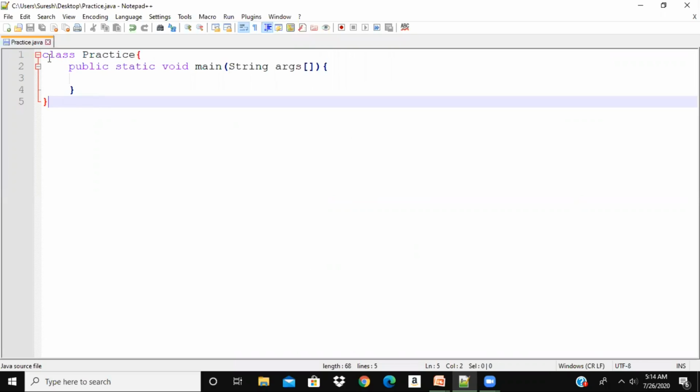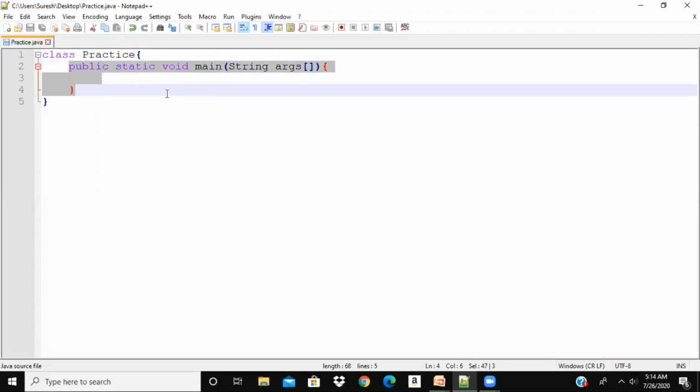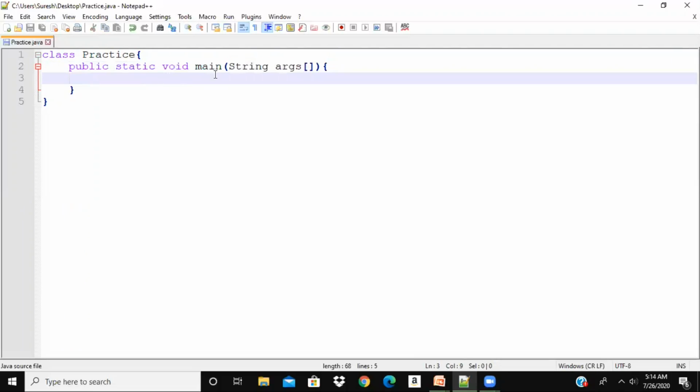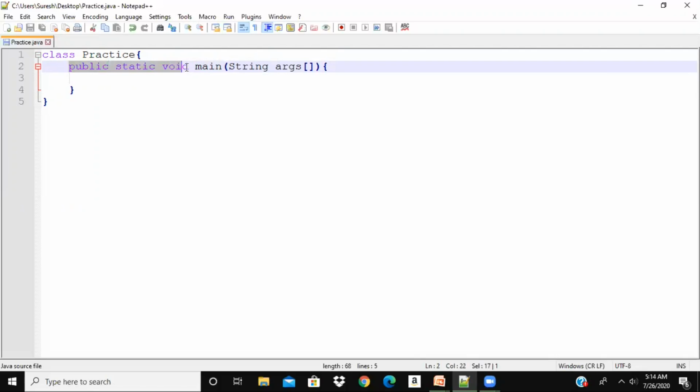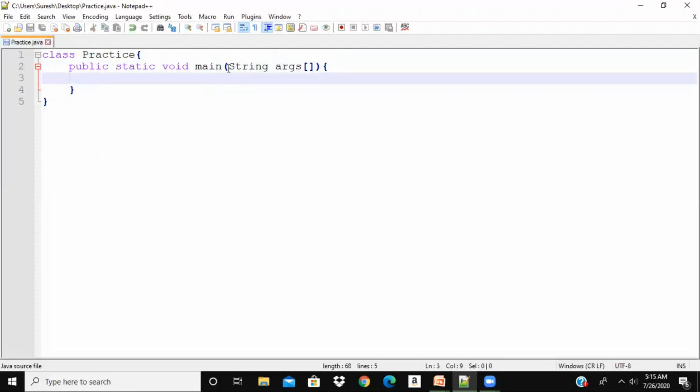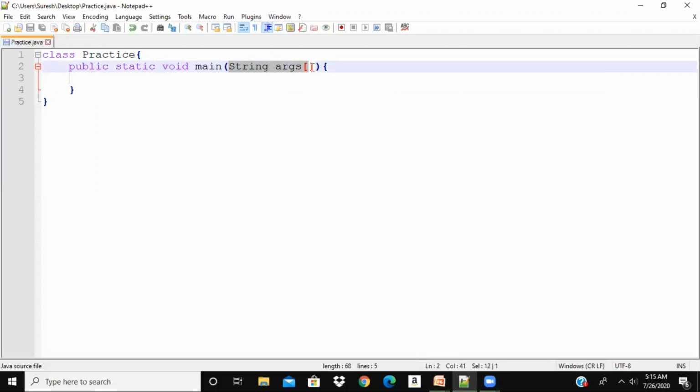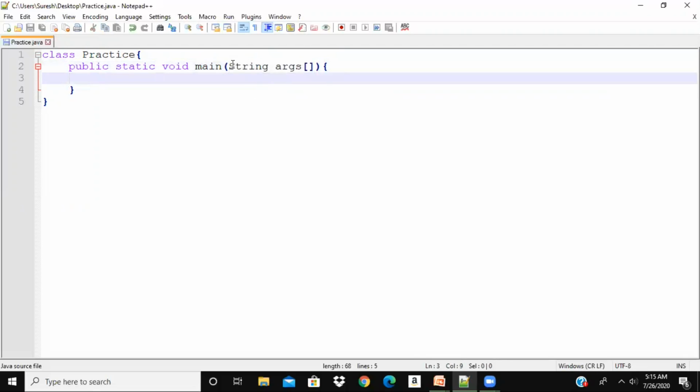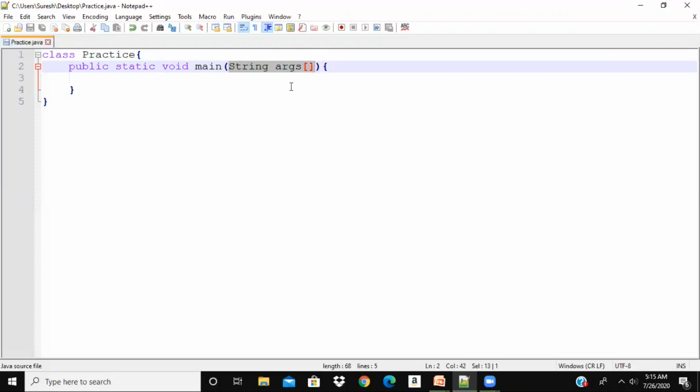Okay. So this is a simple class. The class name is practice, and it has a main method. We know that every Java program starts its execution from main. We have already gone through all these statements: what is public, static, and void. But in any of our previous programs, we have never used this parameter. What is this? This is String, and the square braces say that it is an array. So we can pass a string array to the main method. If I want to pass some arguments to the main, I can pass them.